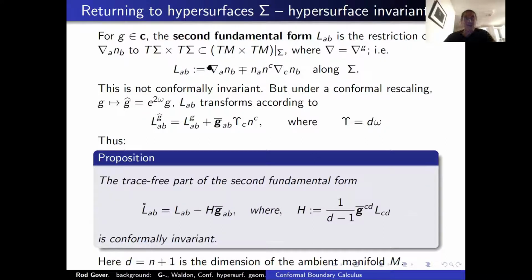Okay, so we'll pick a metric in the conformal class. How do you get the second fundamental form? Well, you take your conormal and differentiate it along the hypersurface, in directions along the hypersurface. So you're really taking the extension of n off, differentiating it, but then restricting to the tangent bundle to the hypersurface. So this object restricted to the tangent bundle to the hypersurface gives you the second fundamental